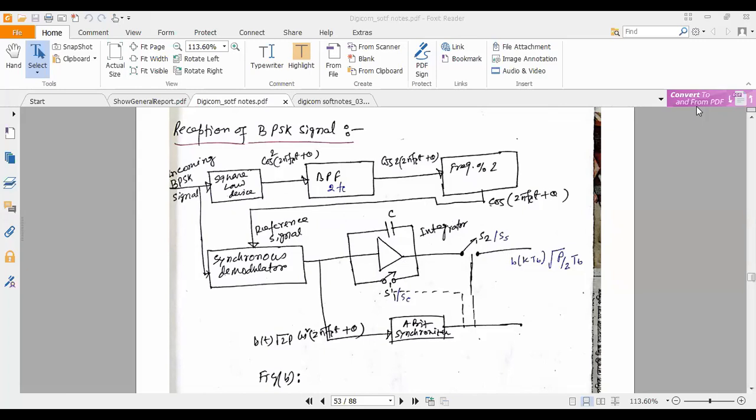Now to receive the second bit, what will you do? Before the next bit comes, you have to clear the integrator circuit. Before reaching the second bit, you have to clear the low pass filter. So for that you make it open. S2 open, and then close S1. So you made S1 close and S2 open. What will happen now? This integrator is empty now because it is discharged. This capacitor will be completely discharged here, and this is open, so no signal is moving to the output because S2 is open. Now your integrator is ready.